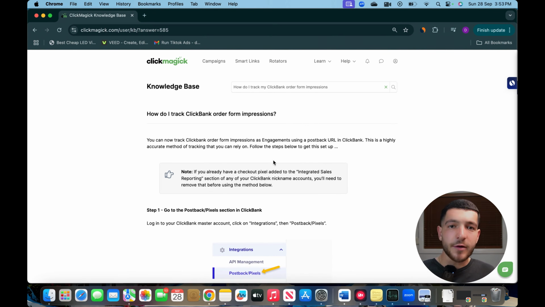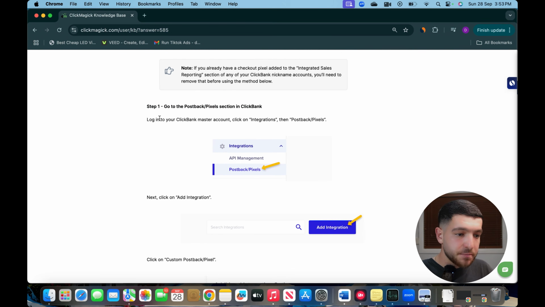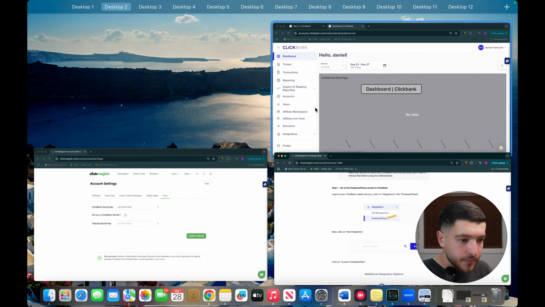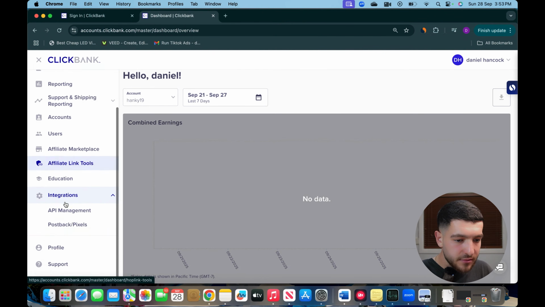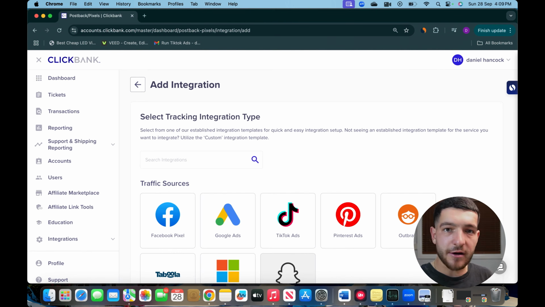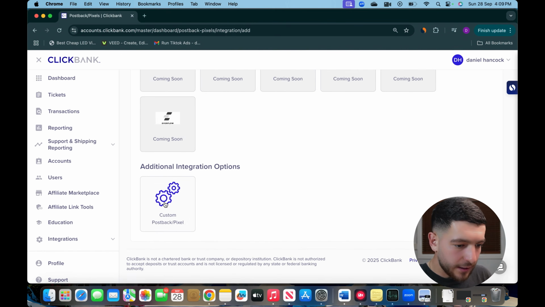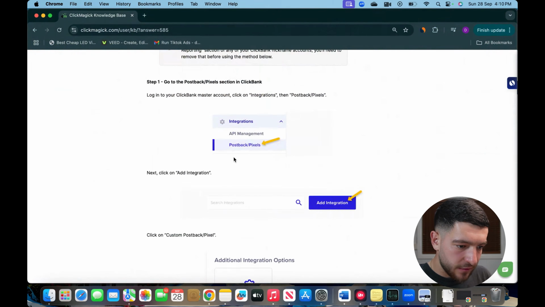And like we did with the sales side of things, we just want to go through and follow it step by step. So step number 1, we want to go to the postback/pixel section in ClickBank. And then we want to click on add integration. So if we come back over here, we want to go into integrations and select on postback pixels. Now to select our integration type, we want to scroll past all of these and click on custom postback/pixel. Then if we go back to ClickMagick to have a look at the next steps,